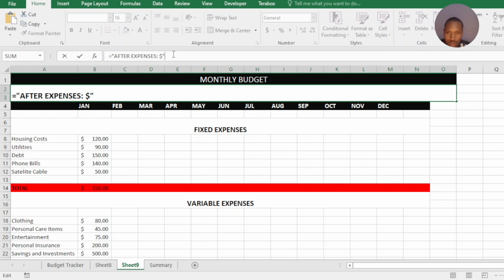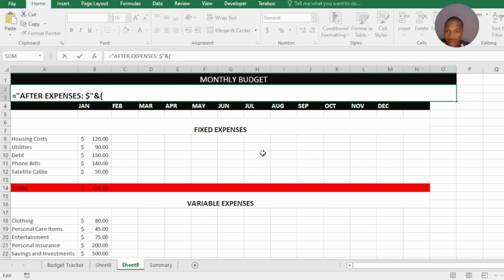Now we are going to specify the formula. We are going to use ampersand, which means that we are adding a formula to this text here. That's what it means. Then we say bracket open, and we specify B34